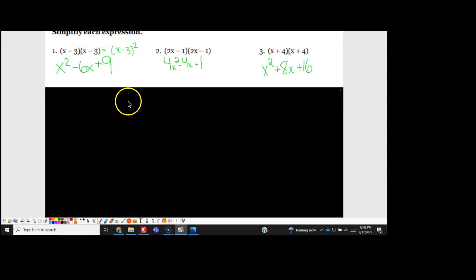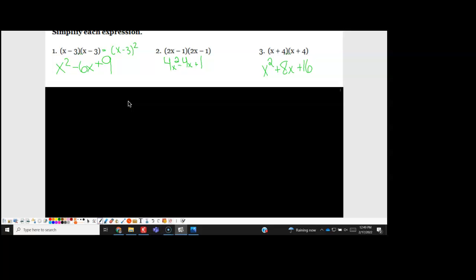Alright guys, so if we are looking at simplifying, the first way we're going to simplify is to FOIL. So we're getting rid of our parentheses by following order of operations. You're going to do first, outer, inner, last. So we're going to FOIL those first couple terms. So you have x squared minus 6x plus 9, 4x squared minus 4x plus 1, and x squared plus 8x